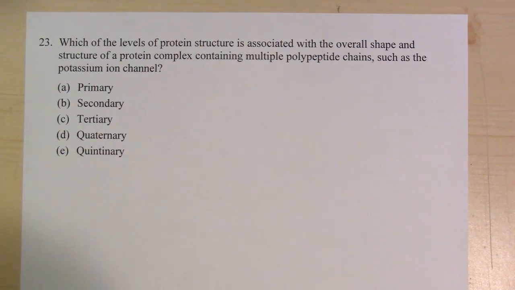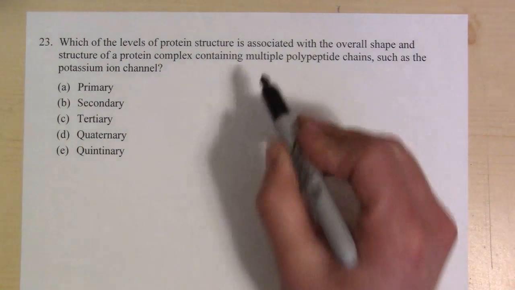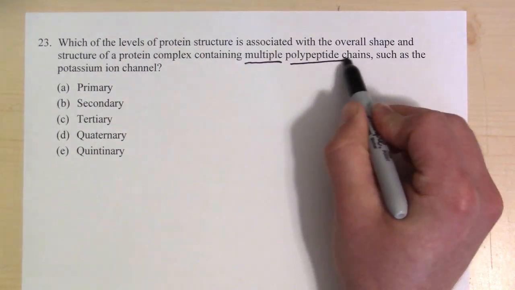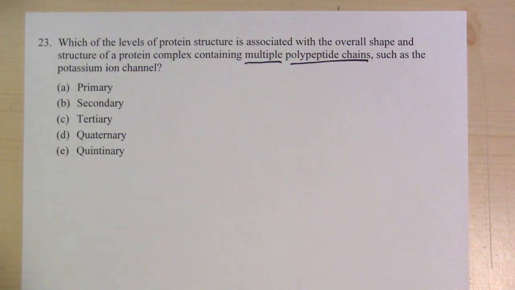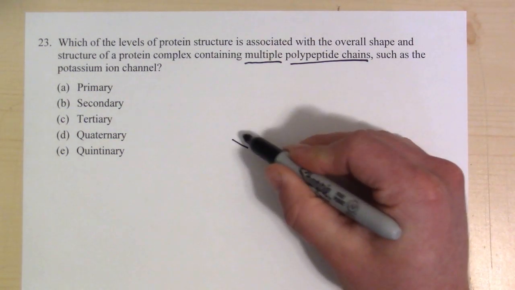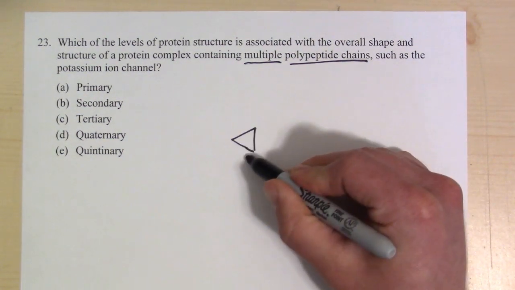23. Which of the levels of protein structure is associated with the overall shape and structure of a protein complex containing multiple polypeptide chains, such as the potassium ion channel? So the potassium ion channel was something that was discussed in the biomolecules lectures. The key words being here, multiple polypeptide chains. So multiple polypeptide chains would indicate that you have multiple units of varying proteins, or likely multiple units of the same protein. So you could have 3